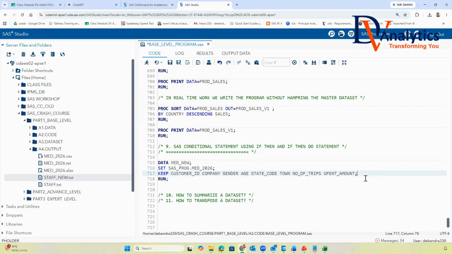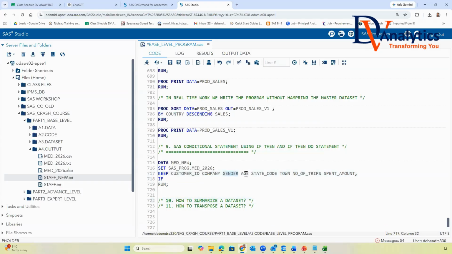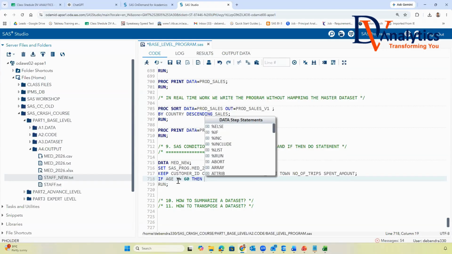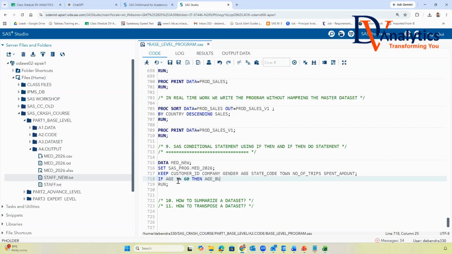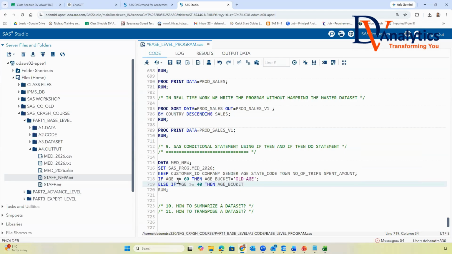Yes. Now here I create: if the age of the customer is greater or equal to 60, then I want to call this age_bucket as old-age. Else if age greater or equal to 40, then age_bucket is equal to mid-age.